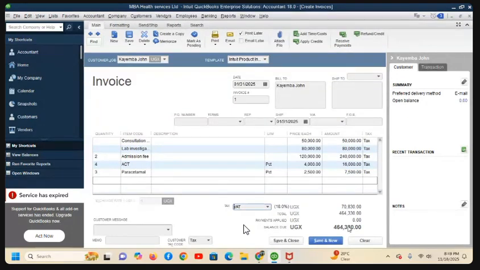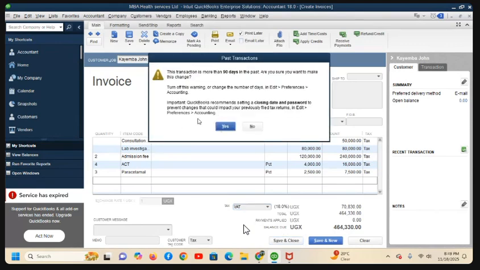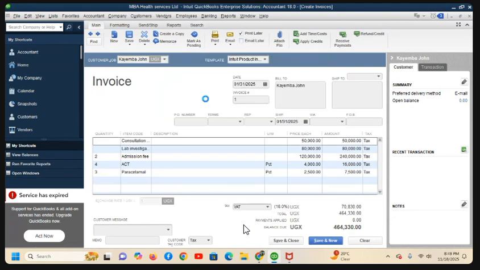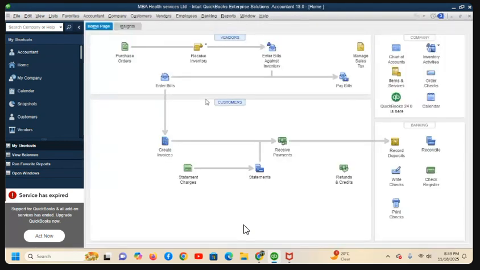So at the end of it all, I'll be able to save and close. When I save and close, remember I was receiving invoicing. When you invoice a customer, the system will capture it as sales immediately. Are you getting it? As long as you invoice the customer like this, the system will capture it as